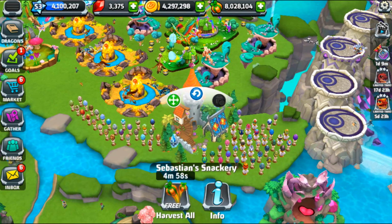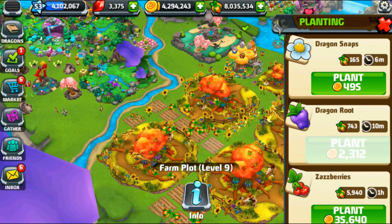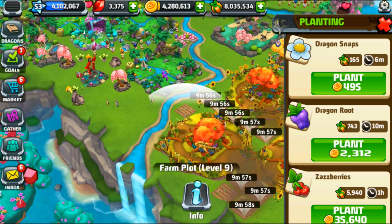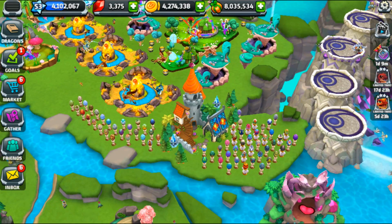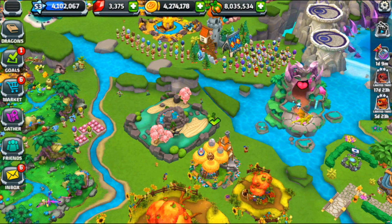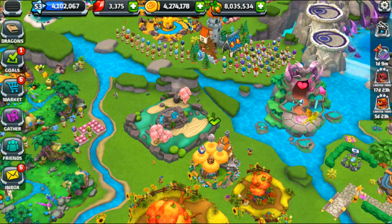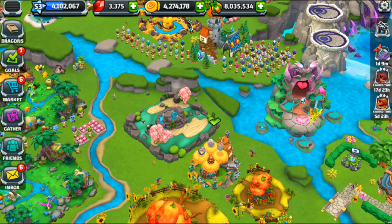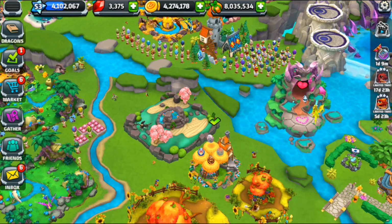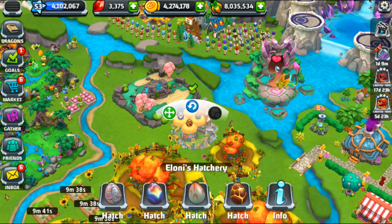Oh, and yay! All right, our first harvest of dragon roots is already ready to go. Let's go ahead and put down a second harvest for the day. And all right, so excellent, students. Now you have tackled your accounting class, and we have done a little bit of our architecture and gardening class. And it is time for some of our favorite events, going in to our hatchery and seeing how the eggs